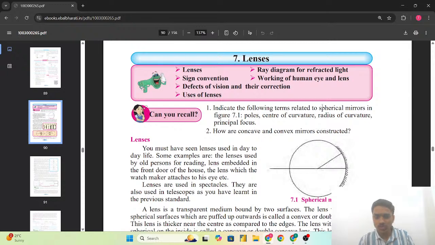So, we are going to start with our new chapter, that's chapter number 7 of the class 10 science, that is lenses. So, before moving ahead with the lenses chapter, if you have not watched the videos of the Refraction of Light chapter,